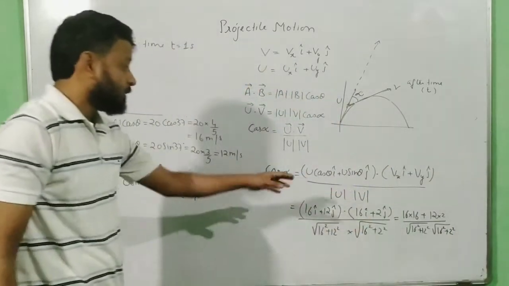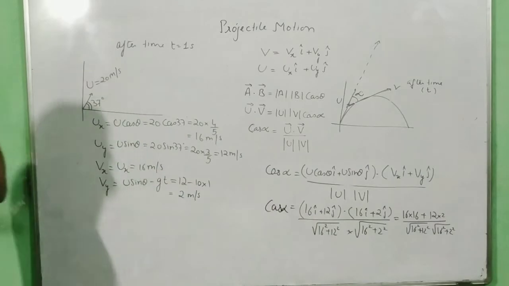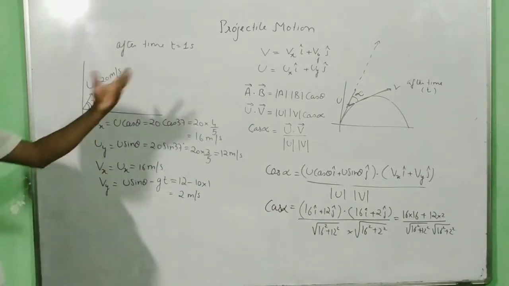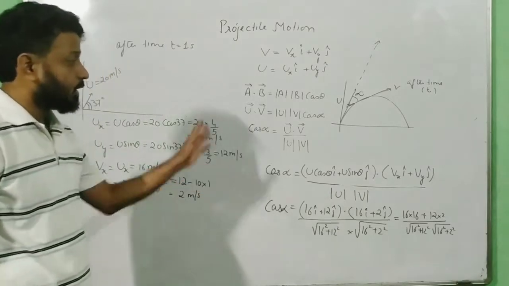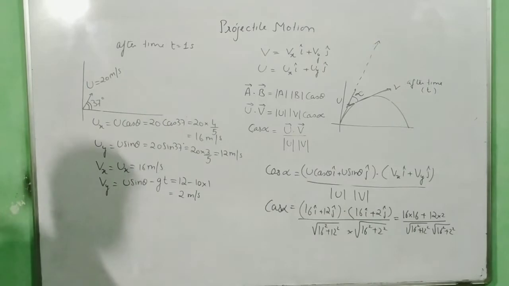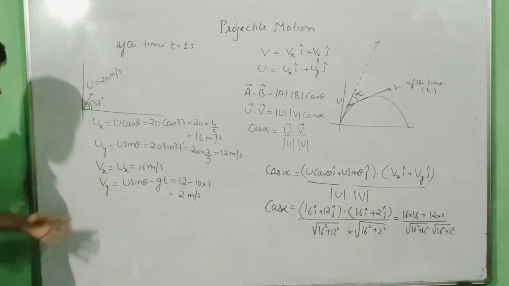And then when you simplify, you will get the value of cos alpha and then you can find the value of alpha. If it is a standard value, you can write it right away. If it is not a standard value, you have to take a scientific calculator, or you can leave the answer as alpha equal to cos inverse of so and so. So this is the logic of finding the angle between two velocity vectors u and v.